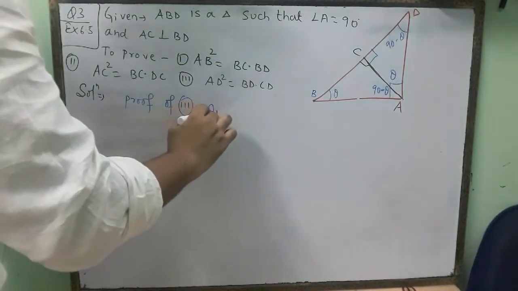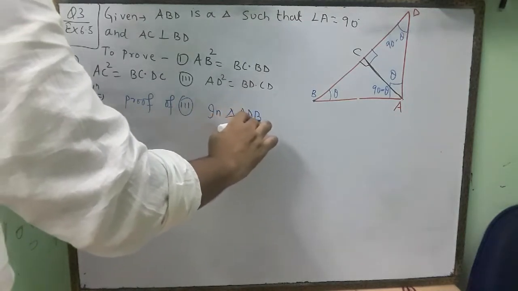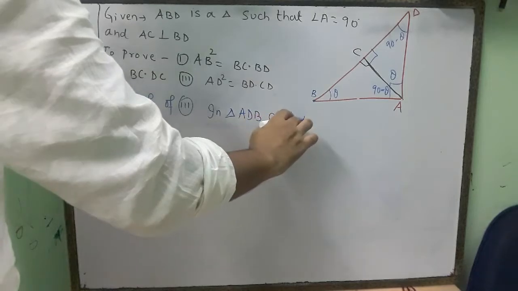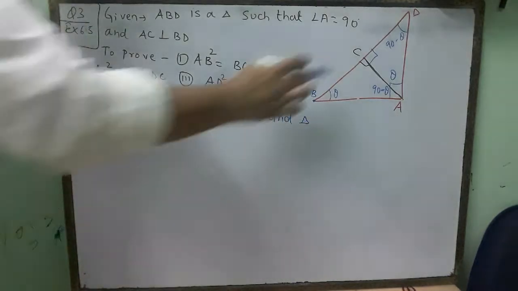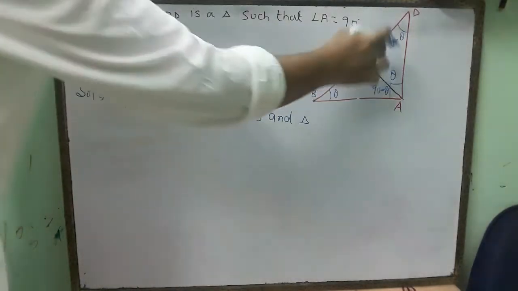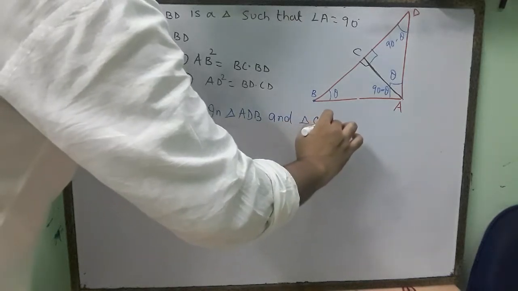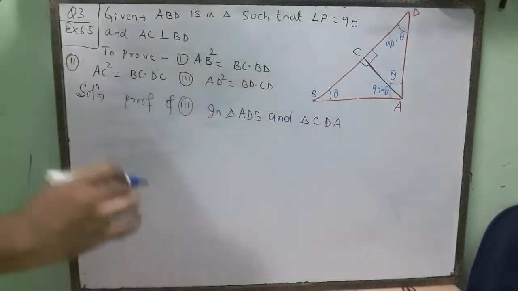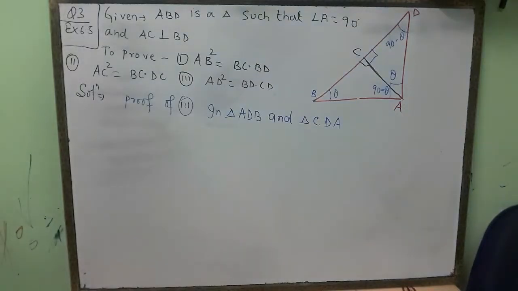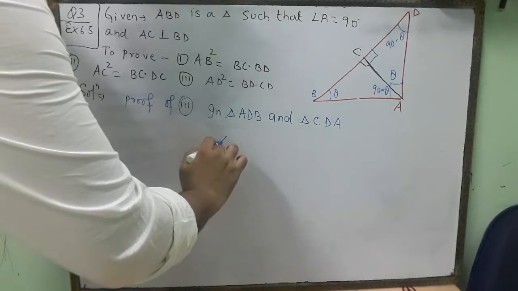If I start from triangle ADB, then I have to start from C, because in ADB, A is the 90 degree, and in ADC, C is the 90 degree. So C, then D, and then A. Now the first angle will be angle